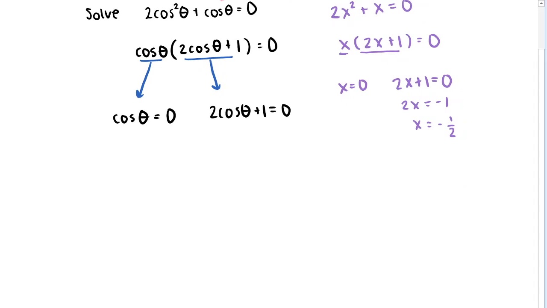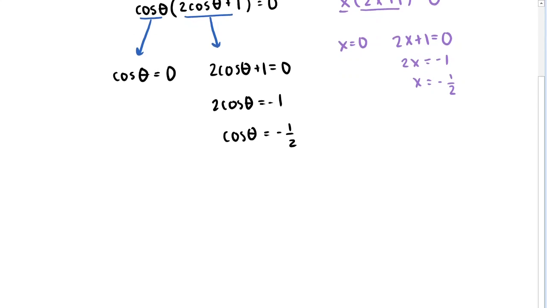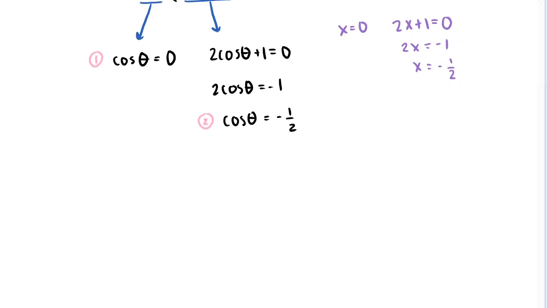And so let me take this right equation a little bit further. When we subtract 1 from both sides, we get 2 cosine of theta is equal to negative 1. Dividing both sides by 2, we get cosine of theta is equal to negative 1/2. And now we have 2 friendlier equations that we still need to solve. And so here maybe I'll label these equation 1 and equation 2 that we need to find all the solutions for. And so for equation 1,